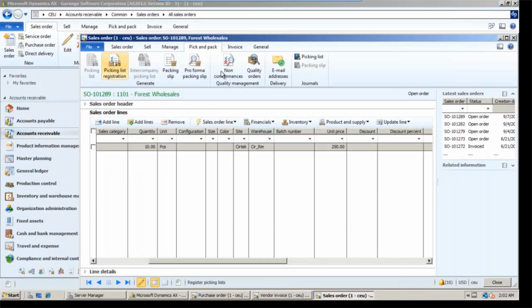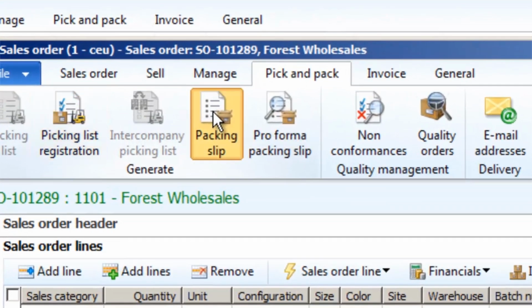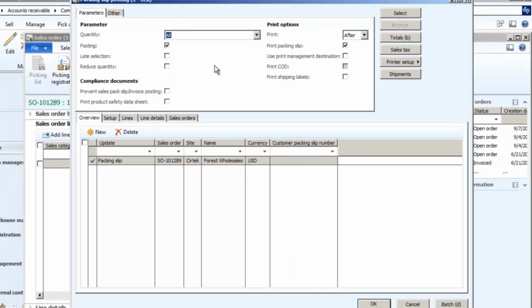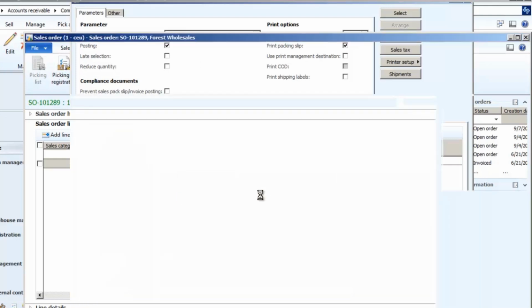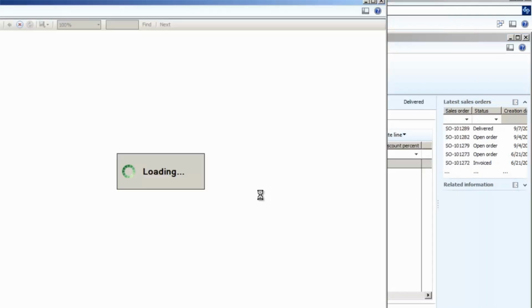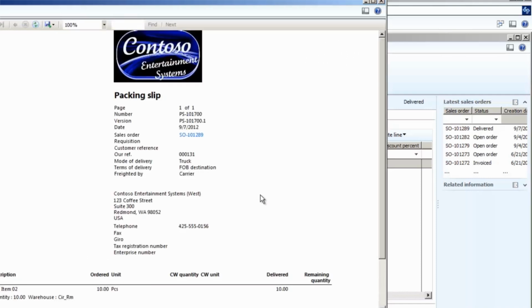So the next step would be, from the sales order, I would need to generate a delivery receipt, which I will use for delivery of the 10 pieces of item 2 to the customer. So I click packing slip, and then I will print also the packing slip, and I click OK. Okay. So this is now the packing slip or the delivery receipt, which you can use when making the delivery